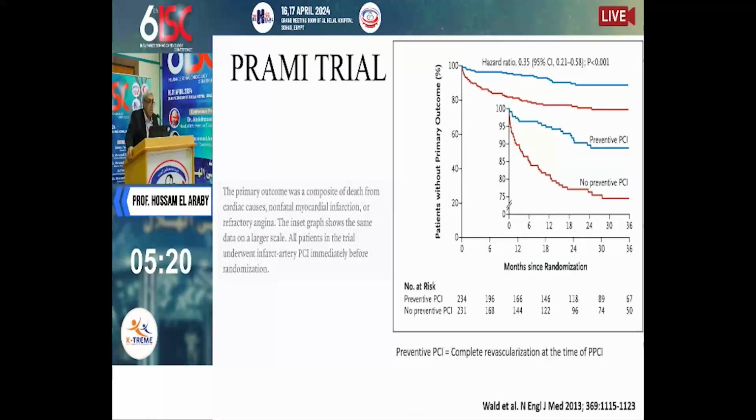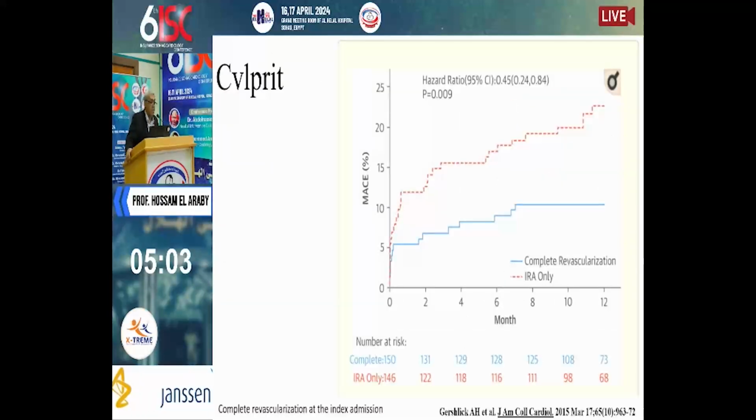The guidelines came from the PRIMA trial, in which complete revascularization was done in the index procedure with better outcome, and this made the American guidelines recommend complete revascularization in the index procedure as class 2A in the previous guidelines. And the CULPRIT trial, in which complete revascularization within the same admission showed better outcome, called complete revascularization compared to